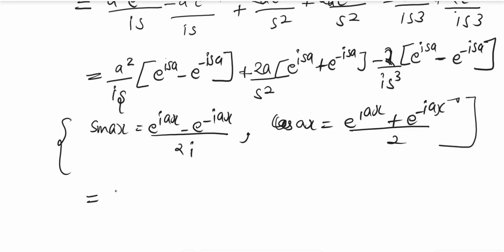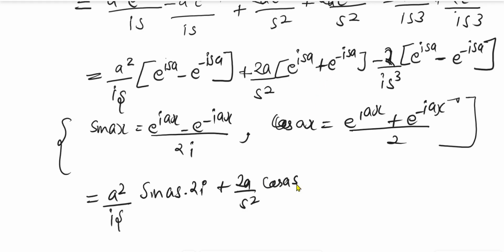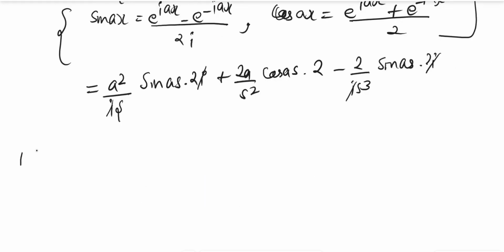So it is equal to a square upon iota s. Since it is in s, in place of x we take s: sin sa multiplied by 2 iota, plus 2a upon s square. It is in addition, so it is in cos form. So it is cos sa multiplied by 2, minus 2 upon iota s cube. It is in sine form, so it is again sin sa multiplied by 2 iota. Now iota and iota cancel. So f of s, this gives the Fourier transform of the function f(x), is equal to a square